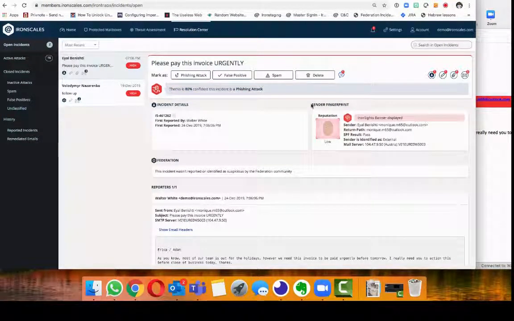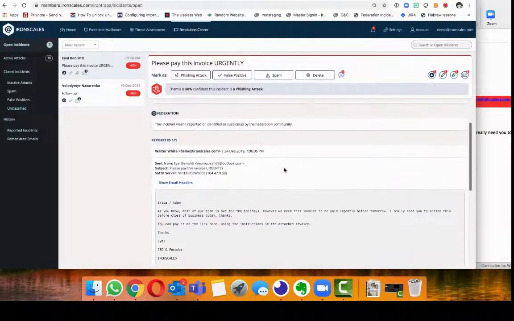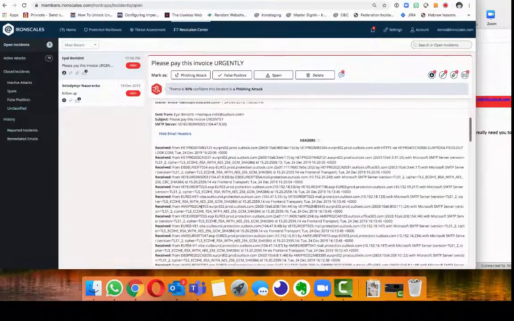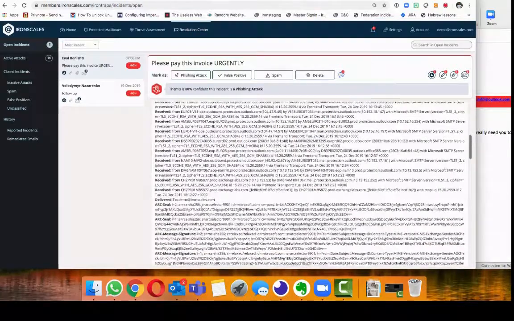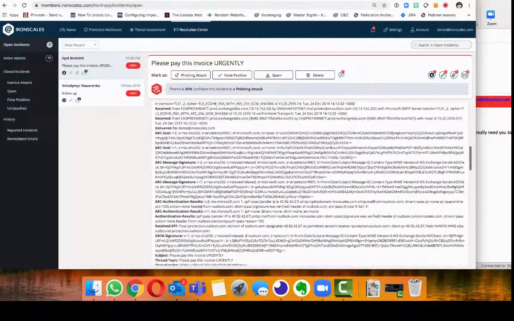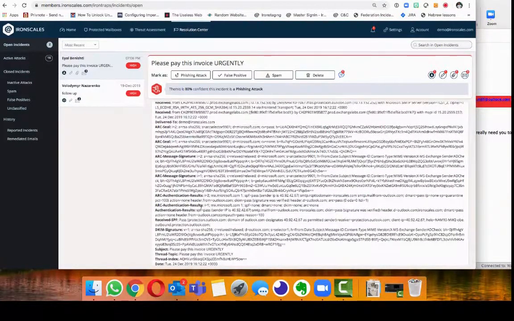Next thing that we do is we want to provide a quick verdict of the sender as well. So let's think about what a human security analyst normally does. First thing that they typically do is they'll go down and dig into the headers, and here are all the headers available. So they'll go into the headers here, and they might look at things like